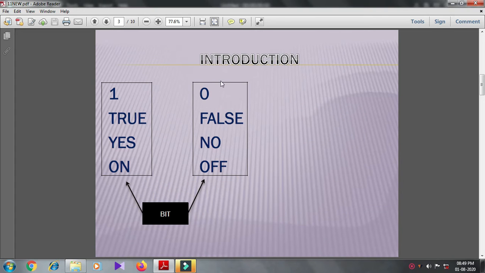Inside a computer, it is all about wires and circuits which carry all the information. Now the question arises as to how do you store or represent information using electricity. If it is a single wire, there exist two states: on or off, yes or no, true or false, 1 or 0. This on and off together constitute a bit, which is the smallest piece of information a computer can store.